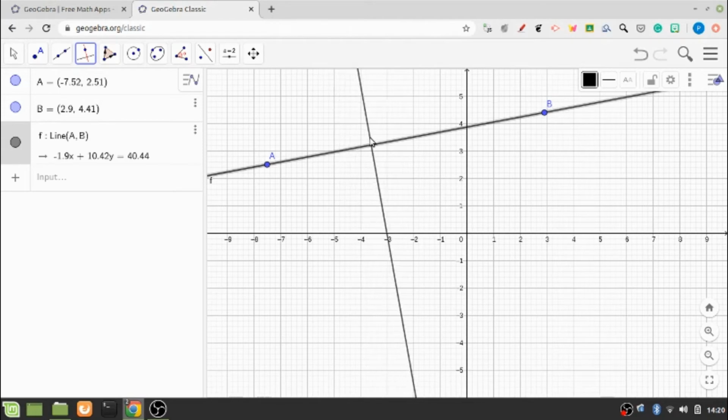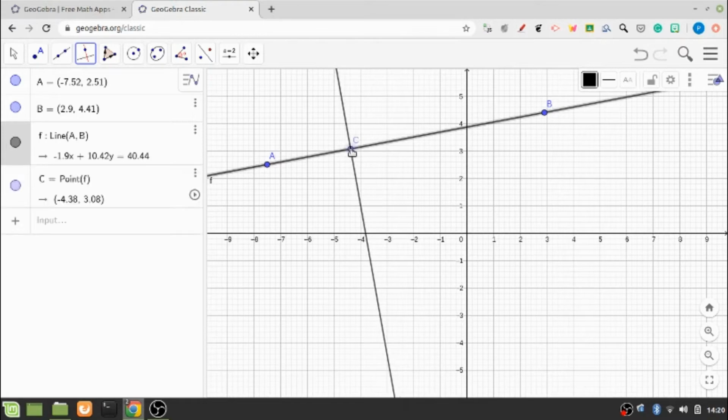Whenever I click on a particular position where I actually want to put the perpendicular, you see that this perpendicular line, which has been named G, has been fixed. It has been created on this line F. So this is the perpendicular line for this line F.